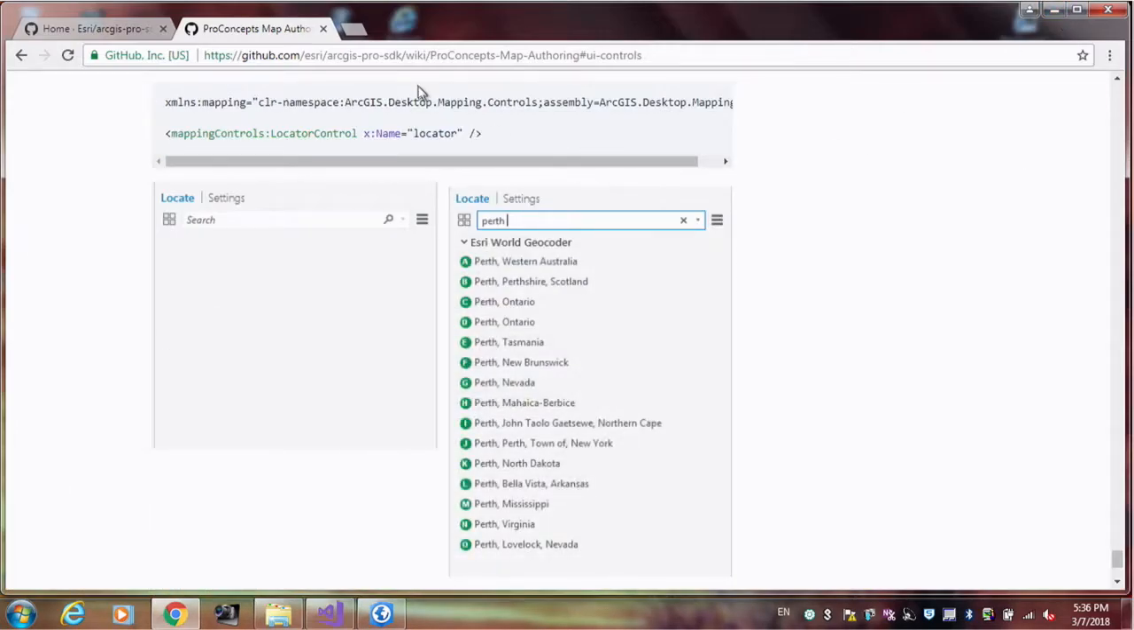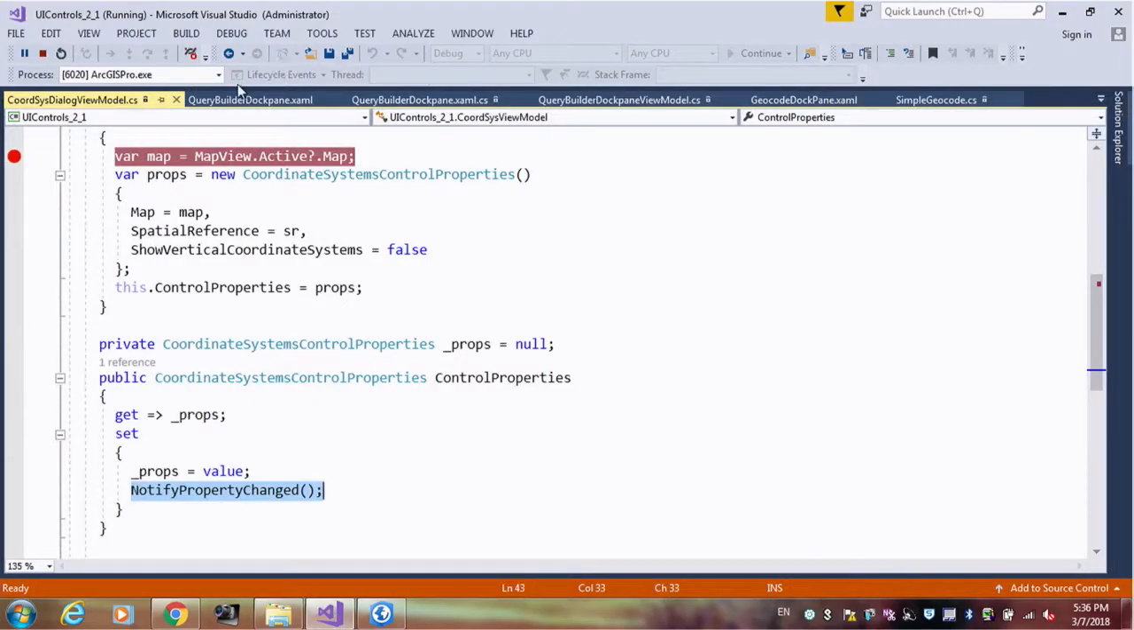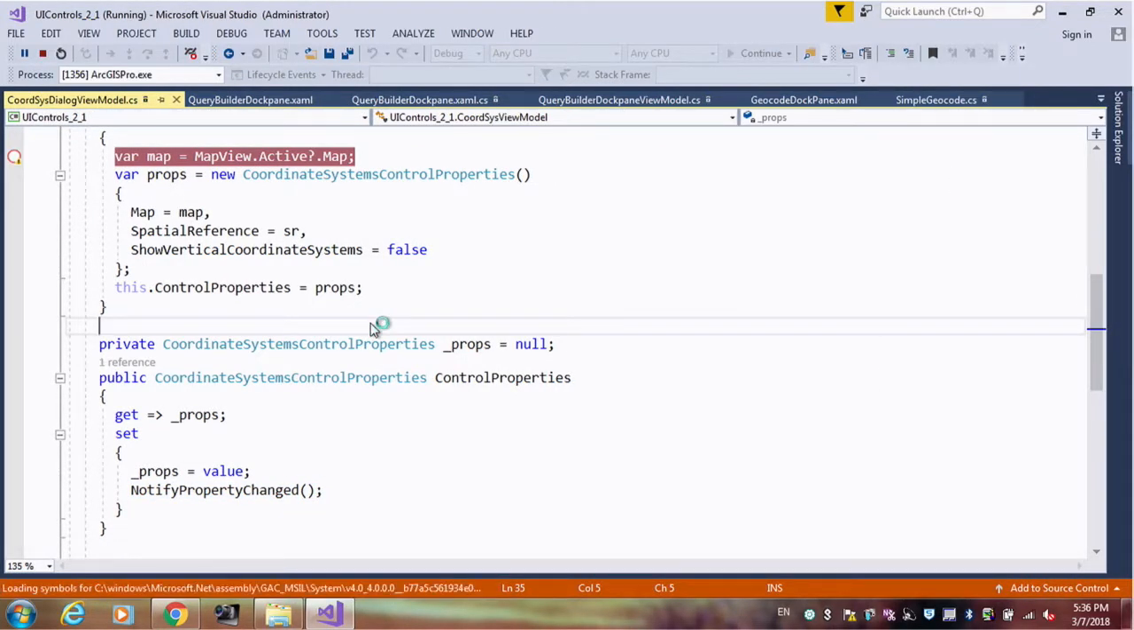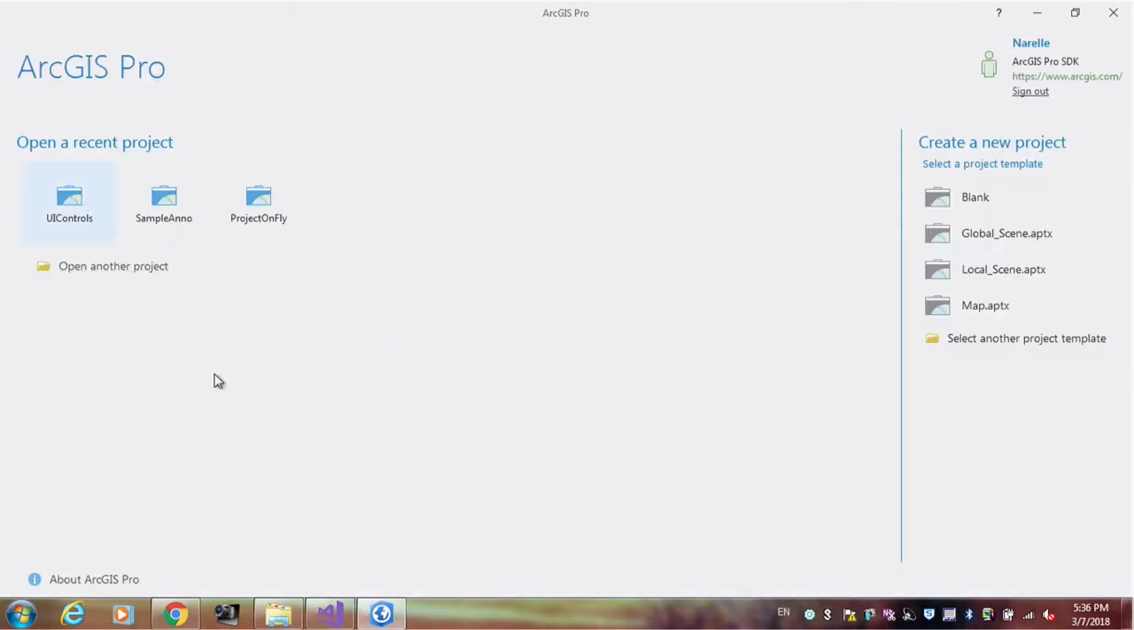So when I jump into ArcGIS Pro, which is hopefully still running, it is not. Why are you not running? If I start Pro, and open my document,